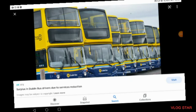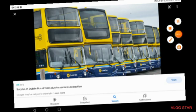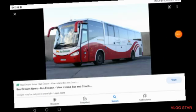It was actually one of the first to be in Ireland, which was amazing, and yeah, there you go, we've got Dublin Bus. And then next you've got Bus Éireann, which operates through the whole of Ireland, I think. Yeah, it does operate nearly through the whole of Ireland, which is a round of applause, well done Bus